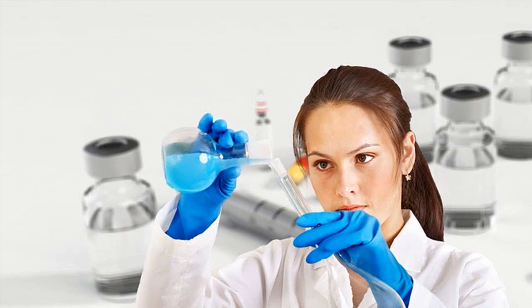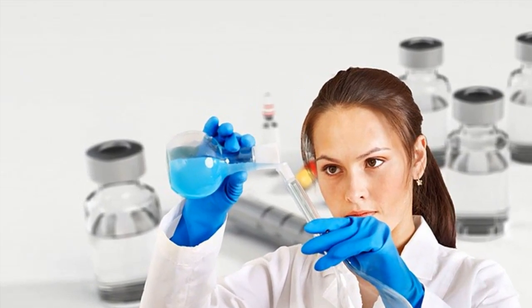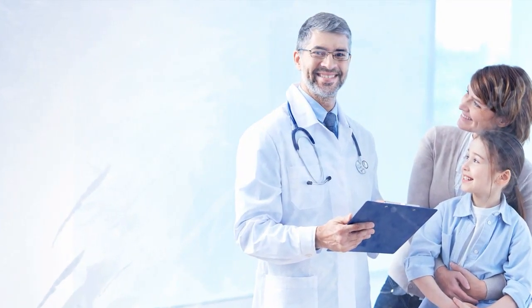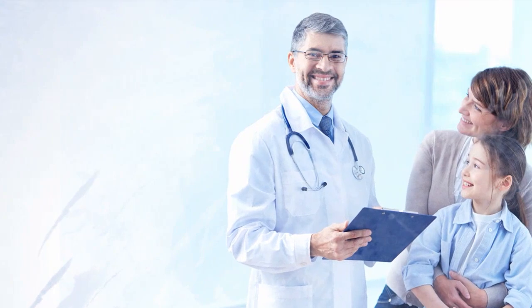Taking the time up front to thoroughly research options and find an excellent match will help maximize quality of life for your loved one throughout their mesothelioma journey. The right palliative care providers serve as invaluable partners for both patients and caregivers dealing with this complex